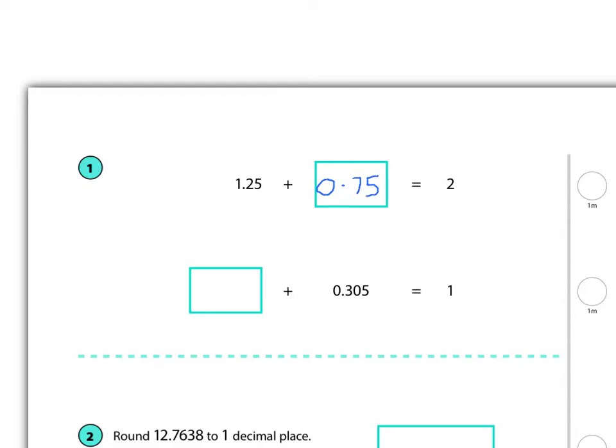Part 2, blank plus 0.305 equals 1 whole. So again, this answer is going to be 0 point something. Now, the trick here is to make the 3 decimal places that we have add up to, in this case, 1,000 thousandths. So the neat trick here is if we look at our first number after the point,